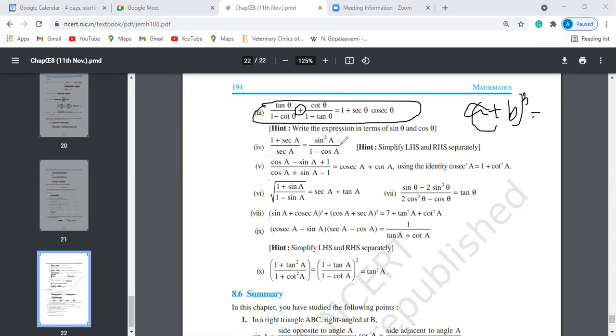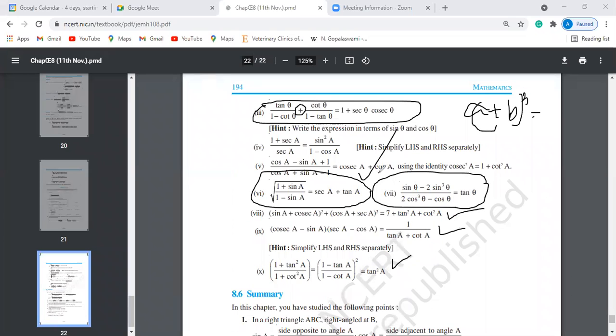Similarly here, it's easy. This one is easy, and even this one is easy. This one you might feel a bit difficult, but you can try. Even this you might feel difficult, but this one is very easy. Even this one is easy. These are easy problems. You might feel these 3 problems are tough, but at least try, and at least reach half the problem.